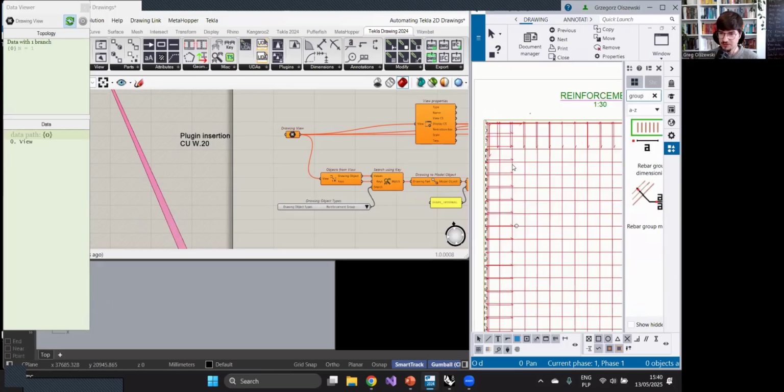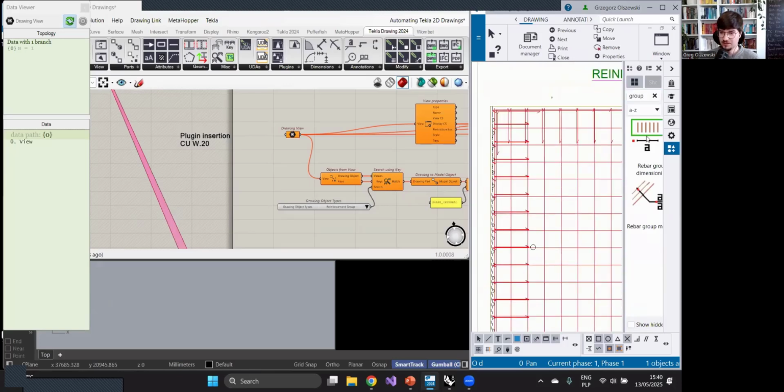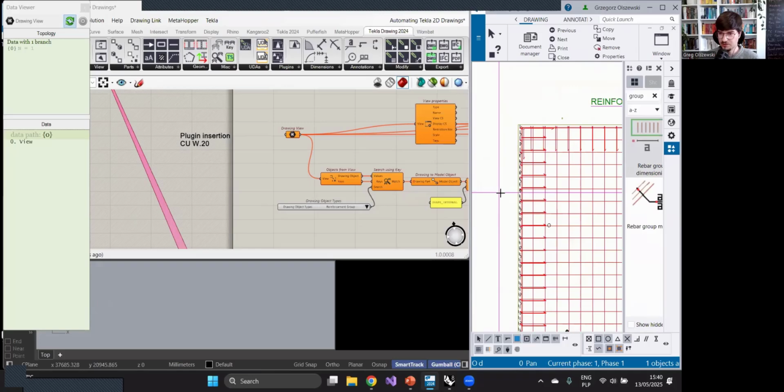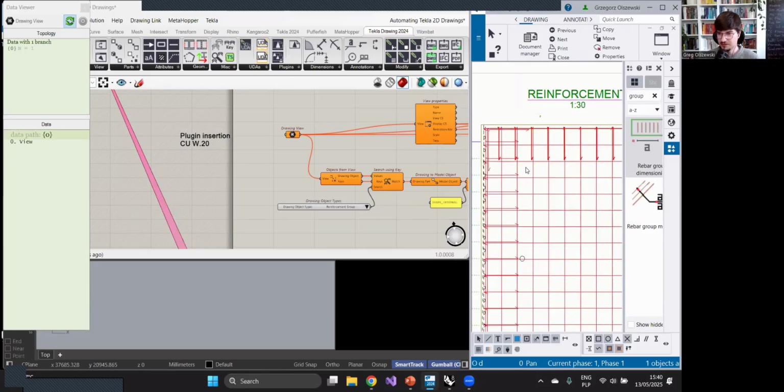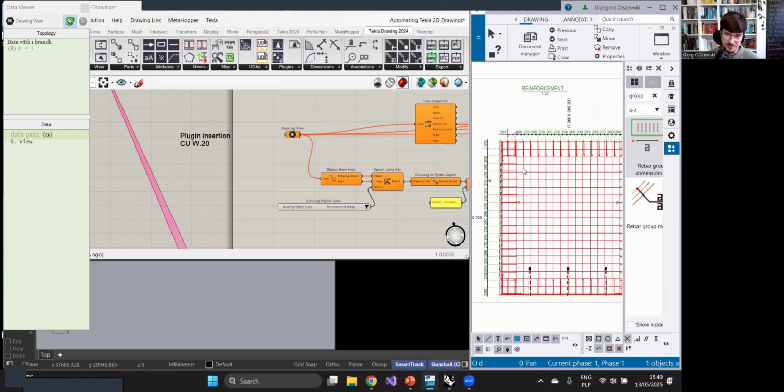But on the drawing side, you have to at first select something, hit the plugin, and provide the locations. I want to have them somewhere here. Wait a while, and I will have them. You can then move it. Then the next one, I'm selecting, I'm clicking, and doing that. So you can guess that it can be